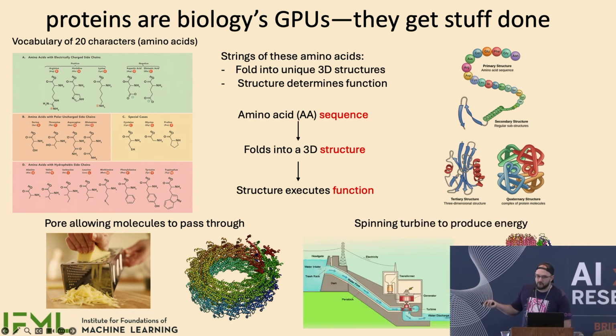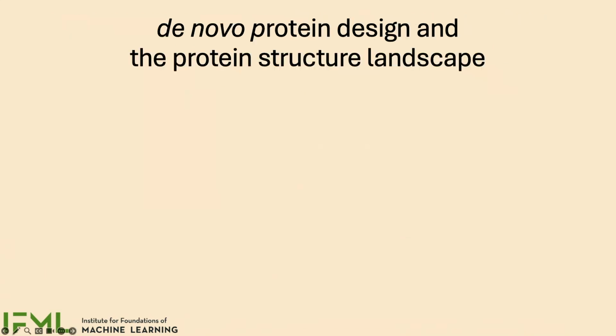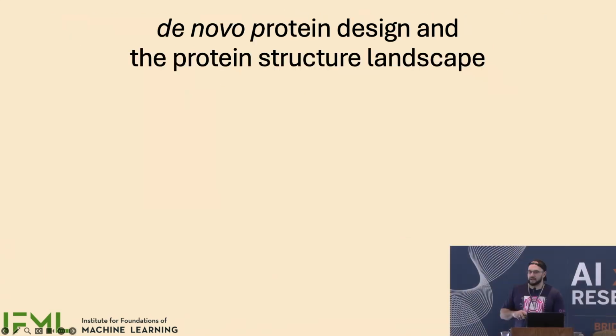Here's one of my favorite proteins. This is called ATP synthase. It's the reason why we breathe oxygen. It kind of works like a dam where as electrons flow down a chemical gradient, the protein spins to generate electricity. Well, this is how we generate energy in our body. Again, this intricate relationship between the sequence of a protein, the structure that it takes, and then the function that it executes. So today I'm going to talk to you guys about de novo protein design